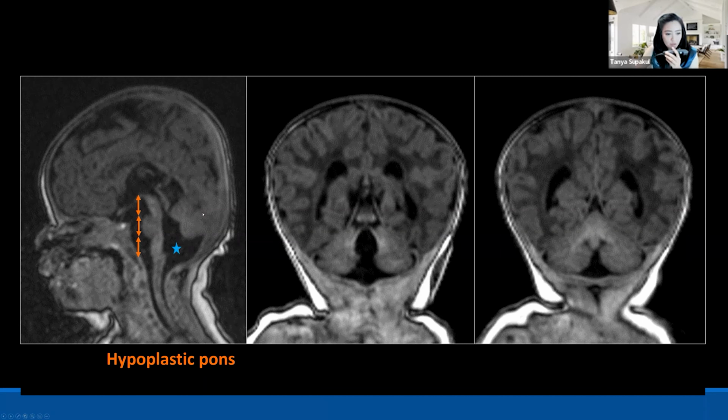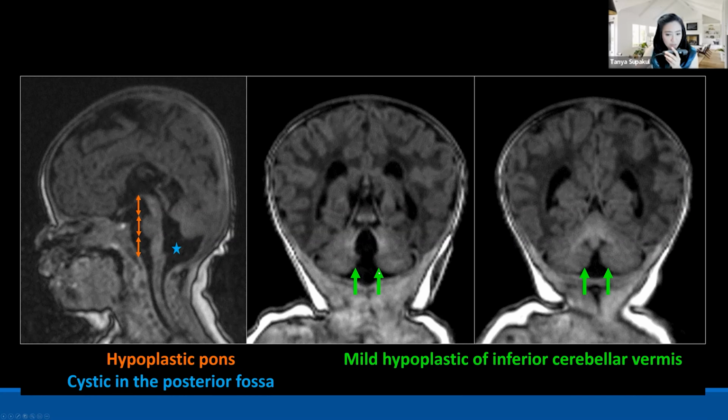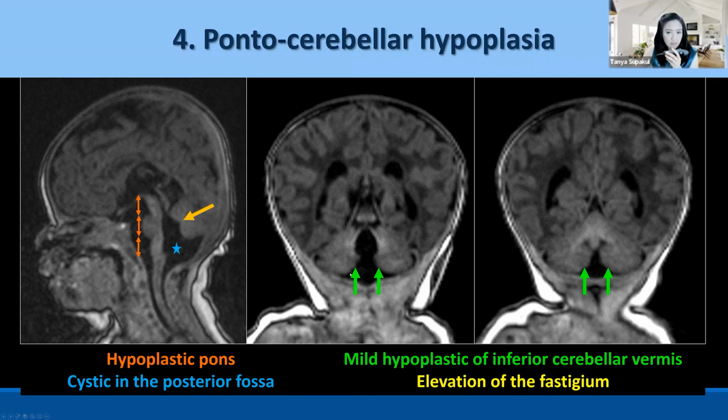Then when you check the posterior fossa, there is a CSF cystic space in the posterior fossa that connects to the fourth ventricle. When you look closely, there may be some hypoplasia of the cerebellar vermis. How can you know this is something abnormal with the cerebellar vermis? You need to check the fastigium. We can talk more about the checklist for the posterior fossa, but normally the fastigium should be approximately 50% of the pons, not upward displaced like this one. So this patient turned out to have abnormalities of the pons and cerebellar vermis, which we call pontocerebellar hypoplasia.